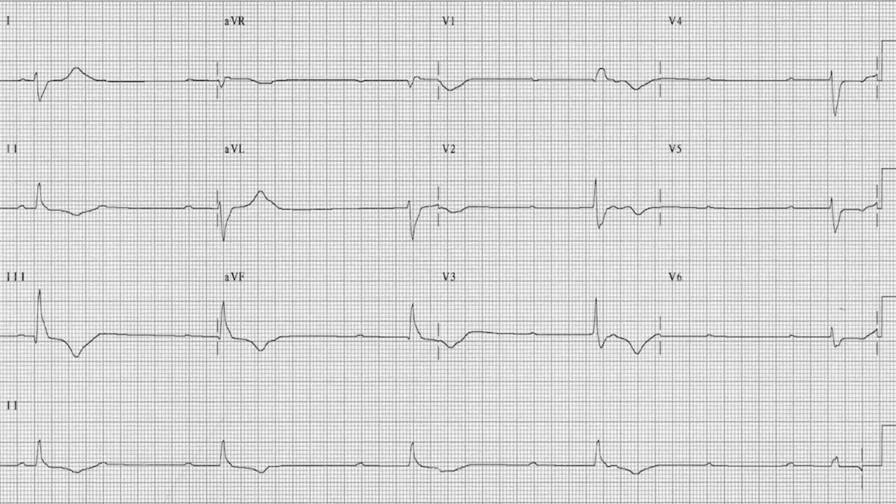Coming to the axis, you have to see lead 1 and lead 3. If the QRS is going down, negative, in lead 1, and positive in lead 3, it is approaching. So this is right axis deviation. If it goes away, like in lead 1 it is up and in lead 3 the QRS is down, then it is going away, so left axis deviation. So in this case, right axis deviation. So I completed rate, rhythm, and axis.